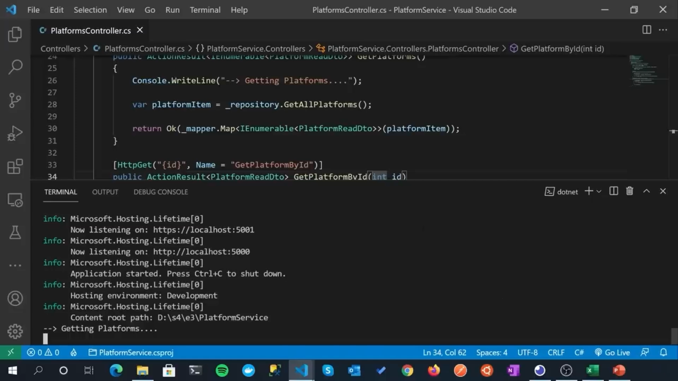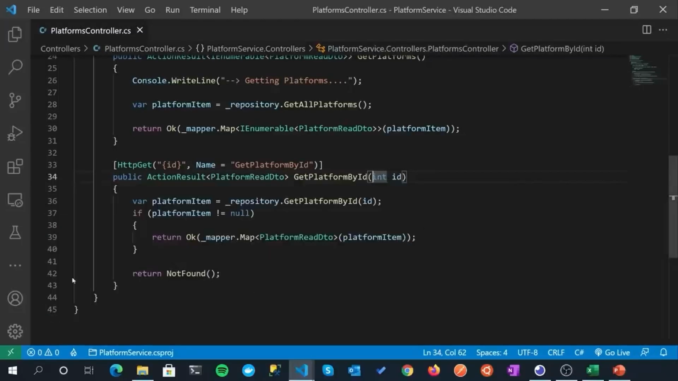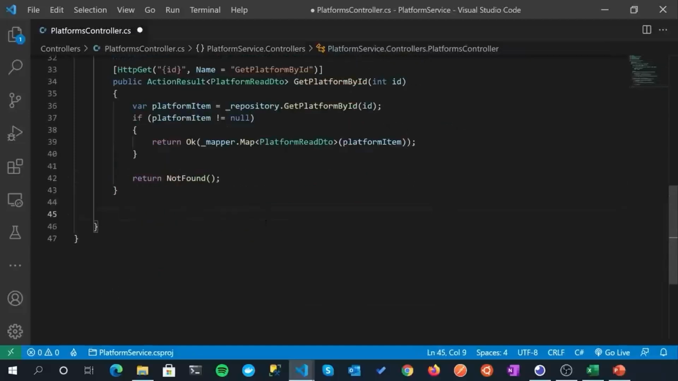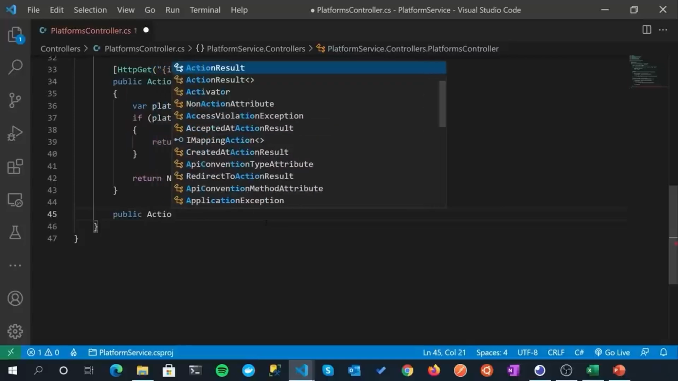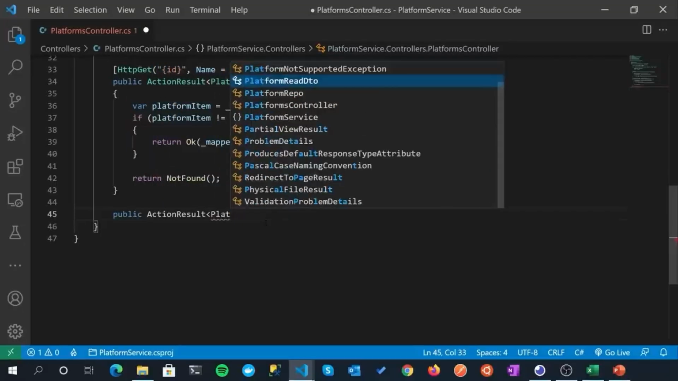So before we do that, let's do a Control-C to kill the running server, get rid of this, and then we'll move down and we'll create our final action. So again, public action result. And what we're going to return back is a platform read DTO. So when you create a platform